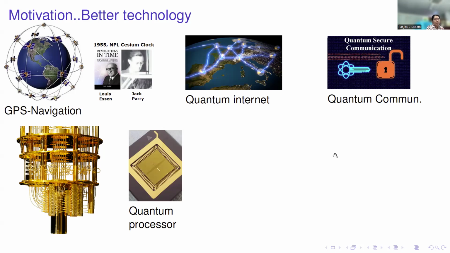But there is a catch here: I cannot say whether it is an ion trap or a superconducting qubit. You can see the left side image is a superconducting qubit quantum processor, and on the right side you can see a chip where we are going to trap the ions. The superconducting qubit is good at doing calculations, but it has a very short coherence time. What is the meaning of this short coherence time? We will explore it when we go through the discussion, but it is very short-lived.